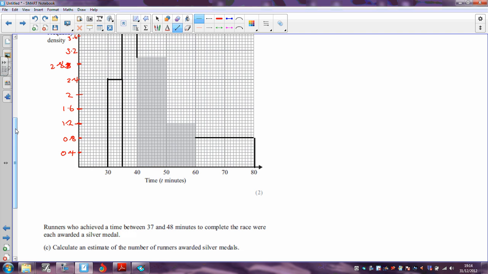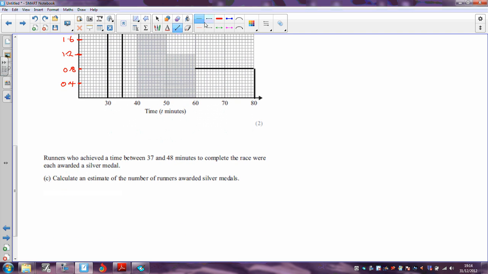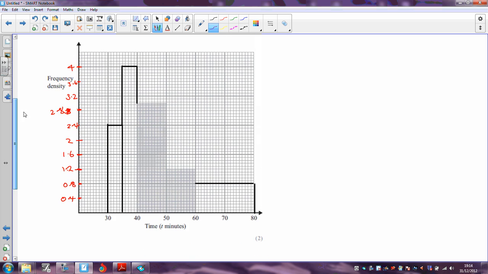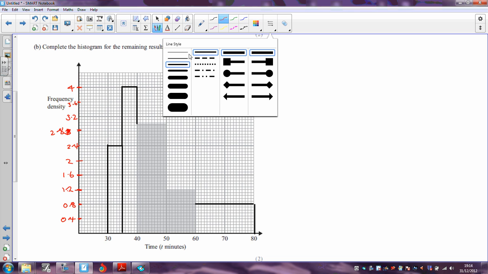Okay, next part is a bit fiddly because we're going to now use the histogram to work out something. In this case, it says runners who achieved a time between 37 and 48 minutes got a silver medal. So how many runners were awarded silver medals? Now, it can only be an estimate because we don't really know exactly the times for all of these runners, but we can work out where 37 is. Okay, 37 is here,